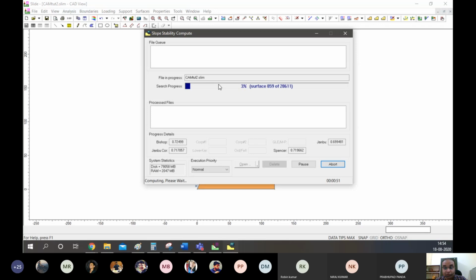If we go for a higher number of slices and higher number of surfaces, it will take more time and more computational resources, but it will give us very accurate results. On the other hand, if we go for lower values, it will be quicker, but the accuracy will be low.